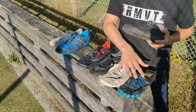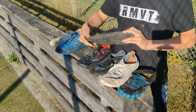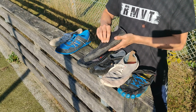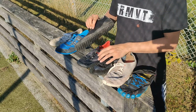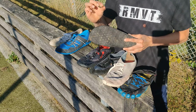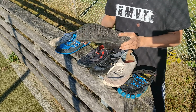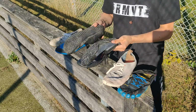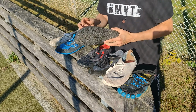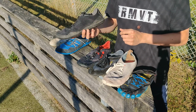It's not as light as the first one, but it's definitely a light shoe, and it has a lot of freedom also in it. The upper part is very flexible also, but it's a little bit thicker like these models here, so you get a little more protection, and also the sole is a little thicker, but it's still a flexible sole. You can see the difference here. It doesn't flex as much, so it's a little stiffer,